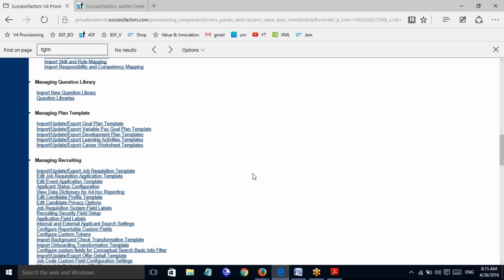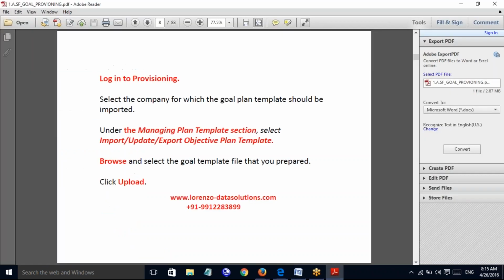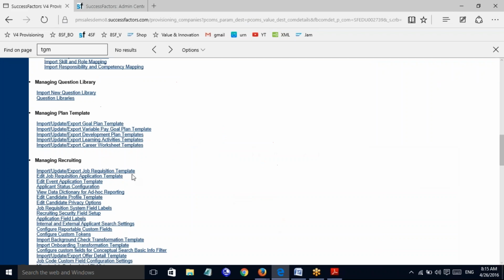This is the one. Managing the plan templates. And you see here which goal plan template we should do, the same: import, update, and export object to plan template. And if you just look here, you have everything here, right?